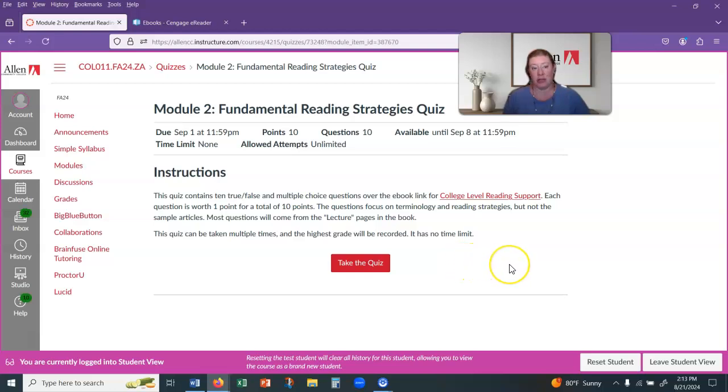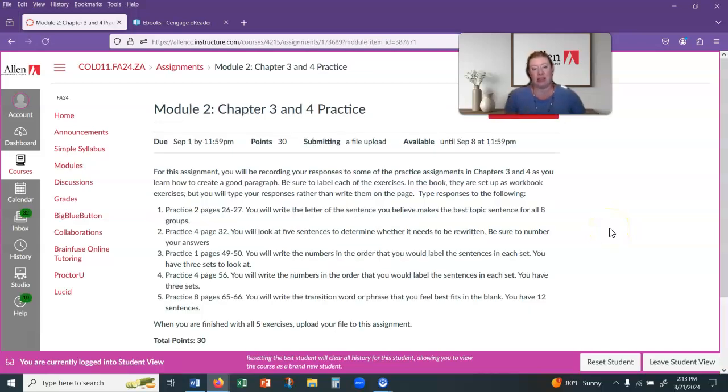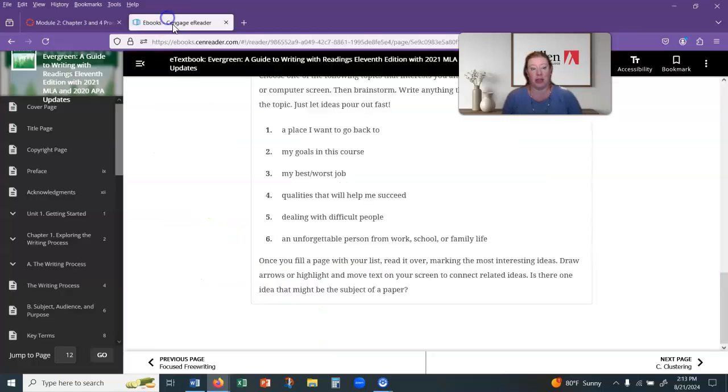Again, that college level reading support textbook, and then these are the questions coming from it. So you've already been introduced to that. The first link was in the first module, and I told you to take a look at the book. Now we're taking our first quiz over it. Then the last assignment in this module is a chapter 3 and 4 practice. So these are different practice pages in the textbook. So you can look again and